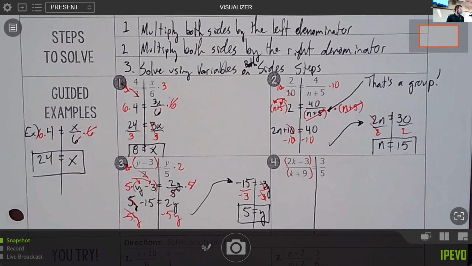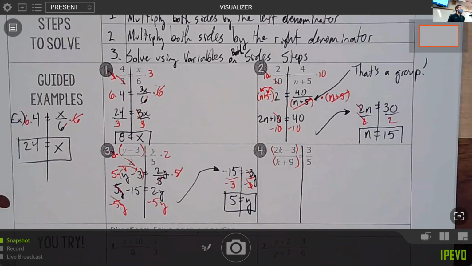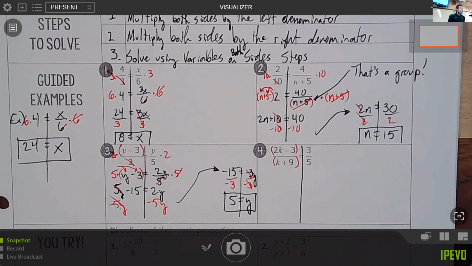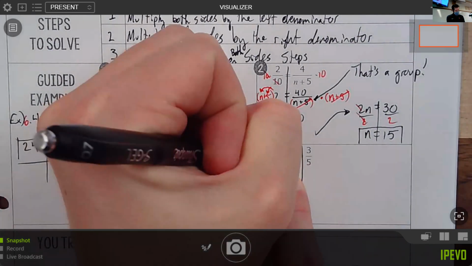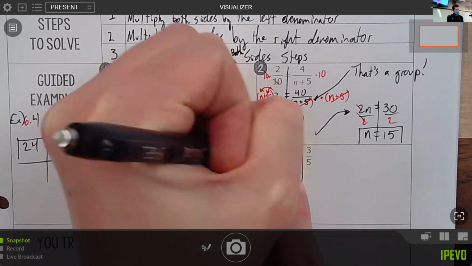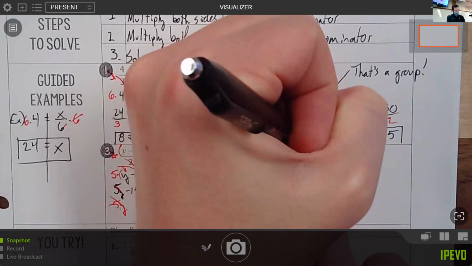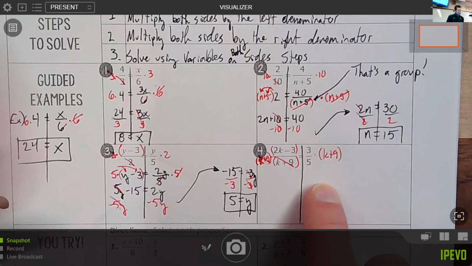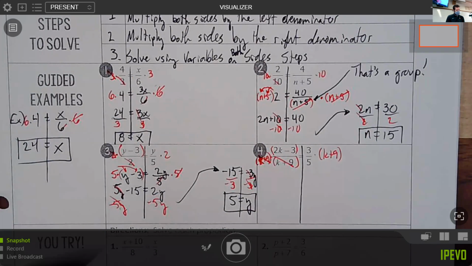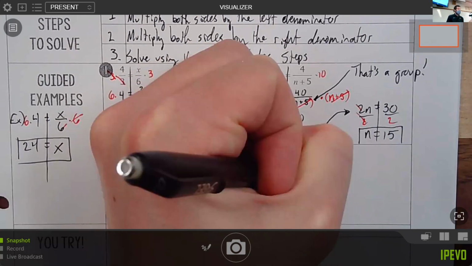All right, what are we going to do first here? Step 1. Multiply both sides by what? Yeah, the left denominator, k plus 9. So multiply by k plus 9. Those will cancel on the left. And then on the right, times k plus 9. All right, which means on the left-hand side, we have 2k minus 3. And on the right-hand side,